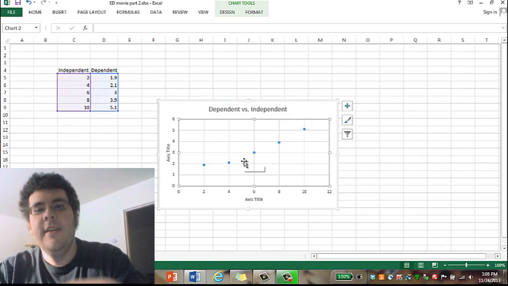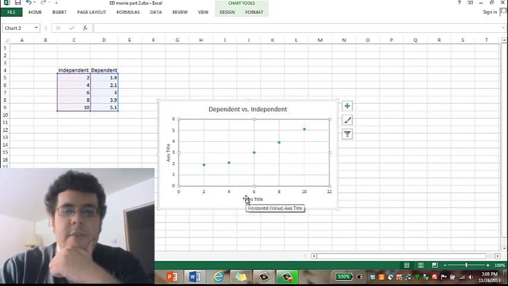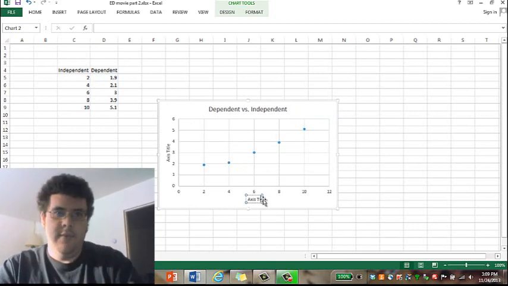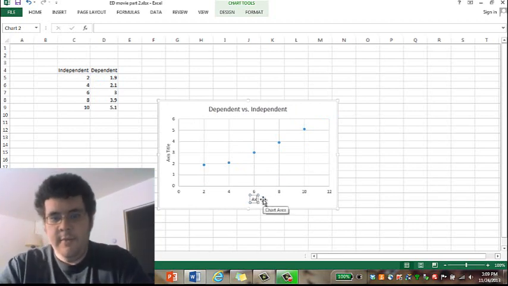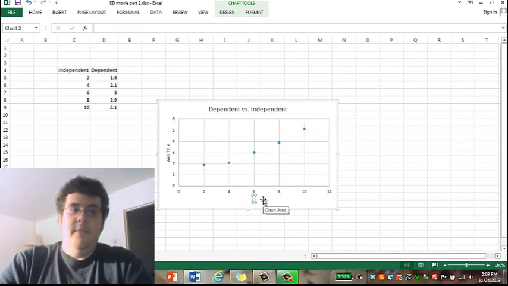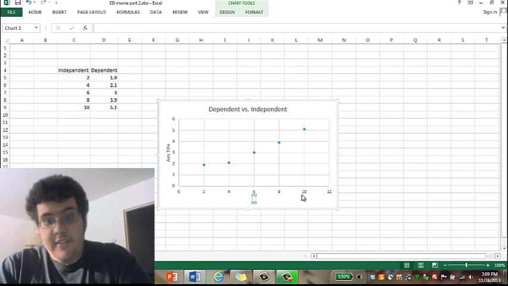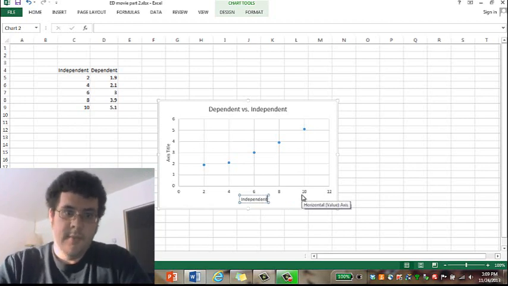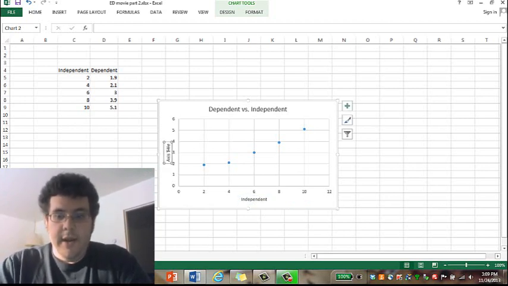Doesn't that look nice? Next, you need to label your axes so that anyone who's reading your graph knows what information is being displayed. So anyone who looks at your graph can figure out, oh, this is exactly what this person is doing. So as we said before, our x-axis is going to be our independent information, and our y-axis,